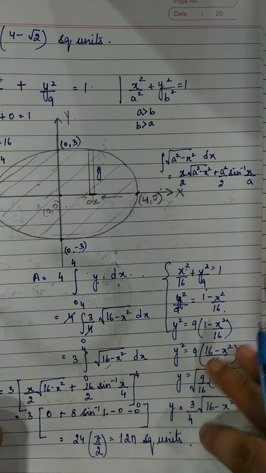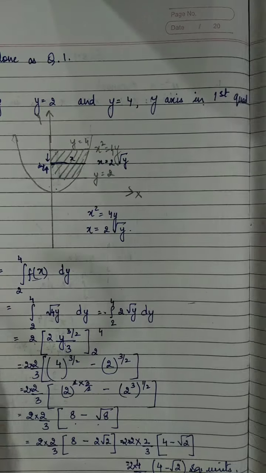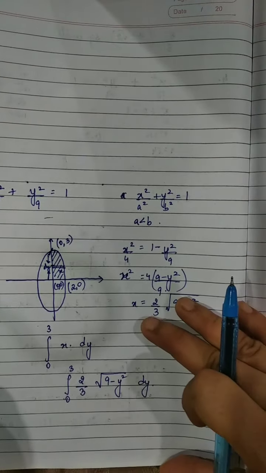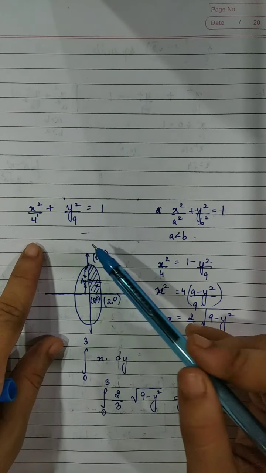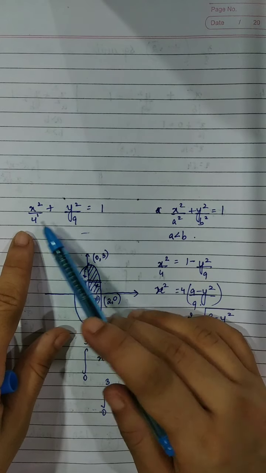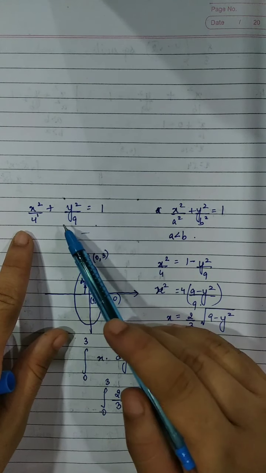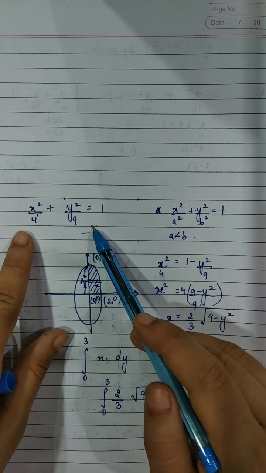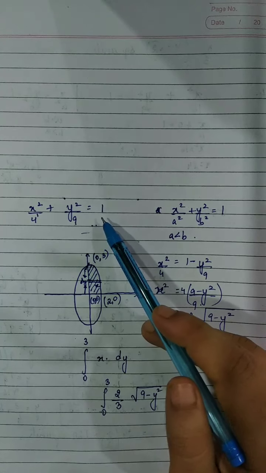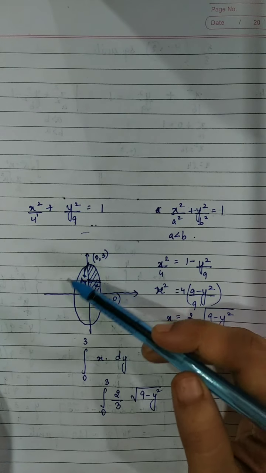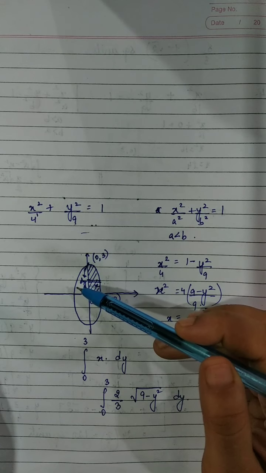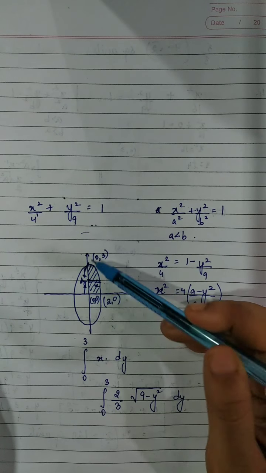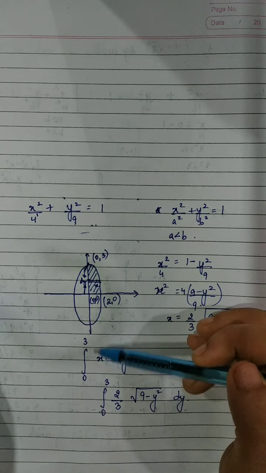Okay. Now we come to question number 5. See, question number 5 can be simply done by you. As I have told you, in this case a is less than b, or we can say b is greater than a. So remember, our major axis is going to lie along the y-axis. So this will be an oval shape, an ellipse that is elongated along the y-axis, right?